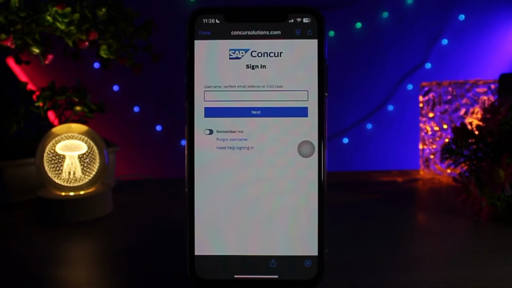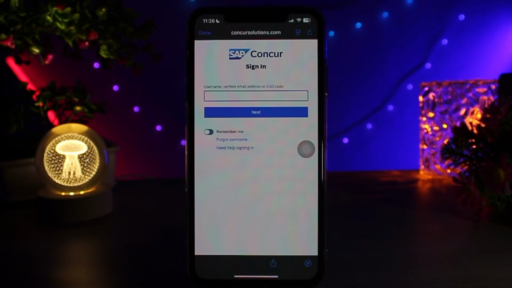And once done, simply tap the specific expense, for example a meal or an event, and scroll down to find the attendees or add attendees section. Then simply tap on add attendees or the plus icon and enter attendee details such as name, company and job title if required. Once done, all you gotta do is review all the details and save the audit information,